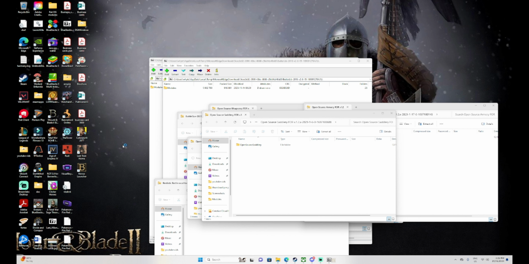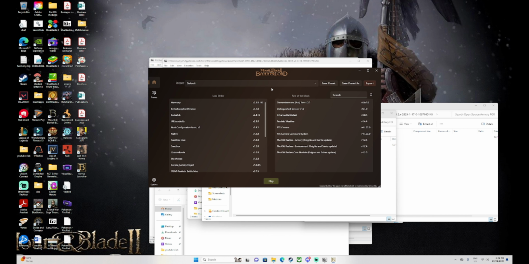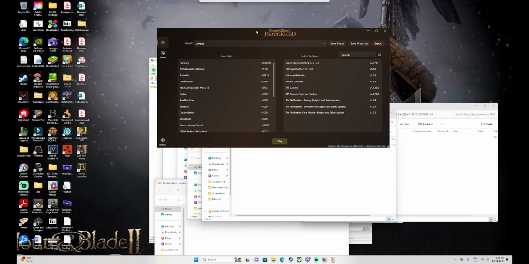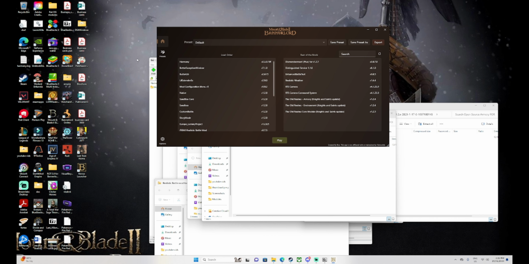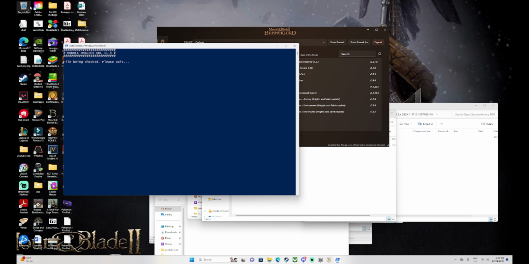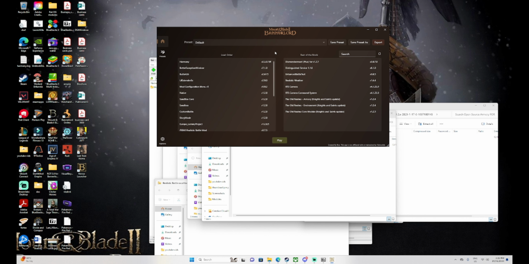Right, we want to open our launcher. Whether you're using the default launcher or the Novus launcher is entirely preference based. I personally prefer the Novus launcher, but that's just me. And another thing, guys, before launching, once everything is installed, I want you to use your Unblock DLLs, quick launch me bat. If you don't have this, you can just go through and manually unblock the DLL files, and by